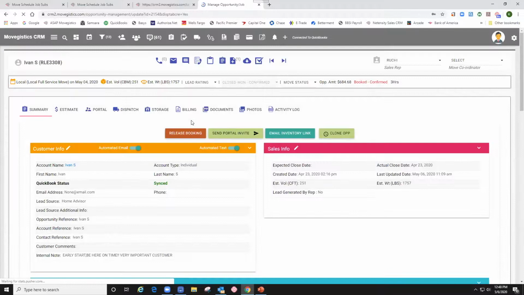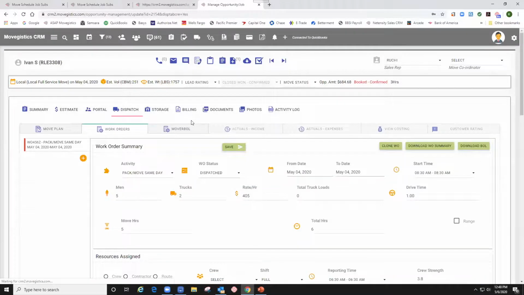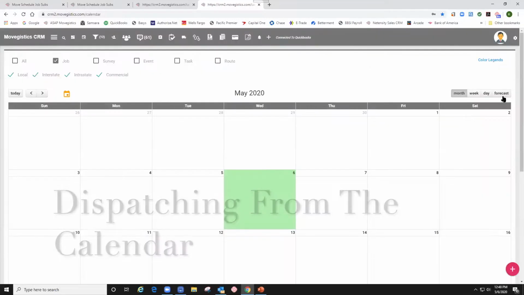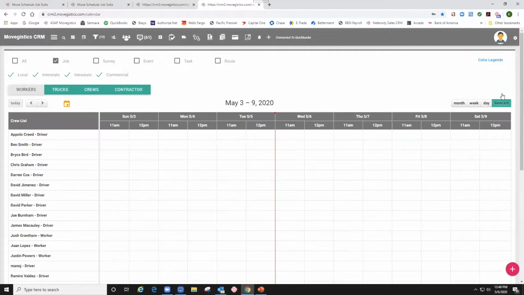It can be pretty tedious to reference the calendar, open up each job, go to the work order, schedule your guys. You can't really see who's available, who's not, and it can just be a bit of a time-consuming process to do it all through the work order. And that's why we created our calendar dispatch feature. So I'm going to go to the calendar